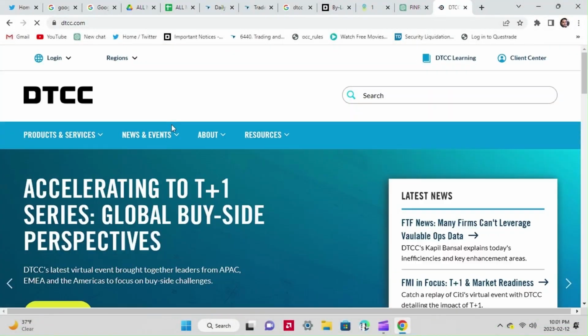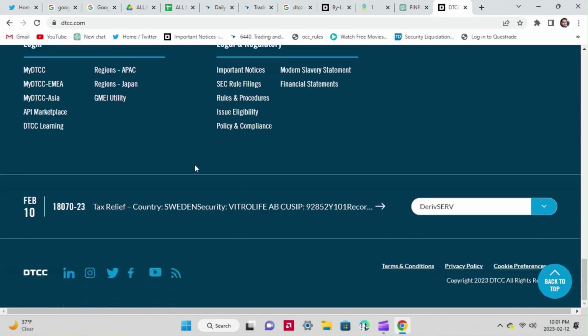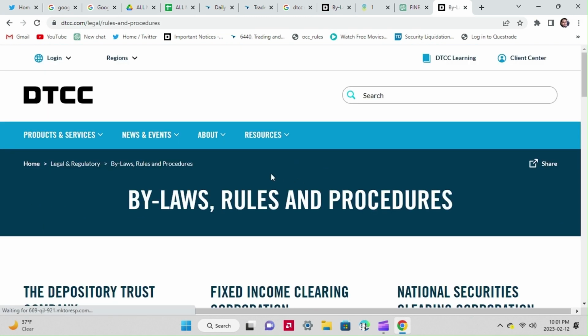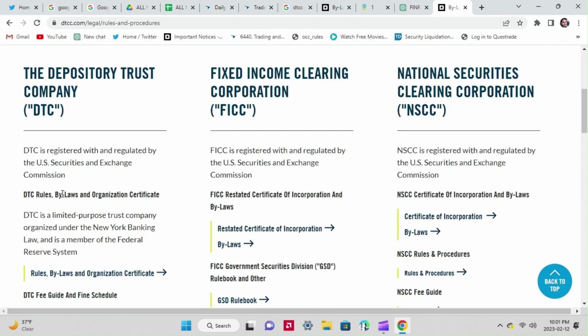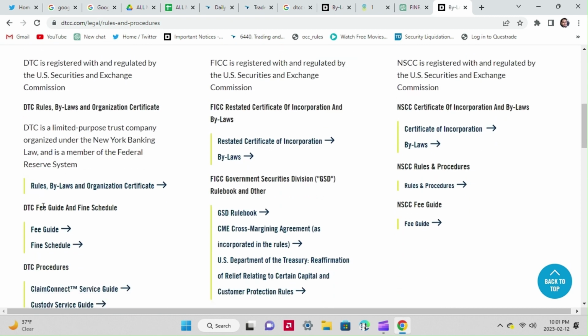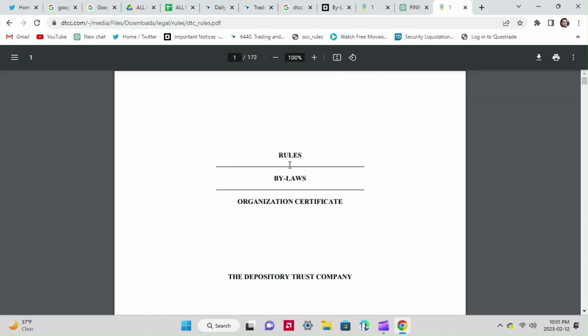dtcc.com. Scroll all the way down and click on the Rules and Regulations tab. Then scroll down and click on DTC Rules, Bylaws and Organization Certificate. This will open up the DTC Rules book dated November 2022. Then scroll down to the second page of the index and click on Rule 33, titled Deposit Chills and Global